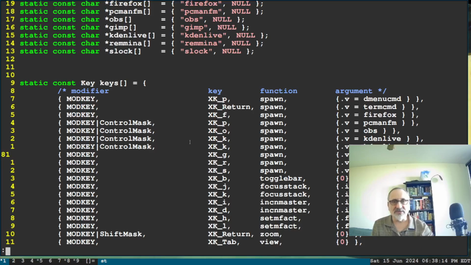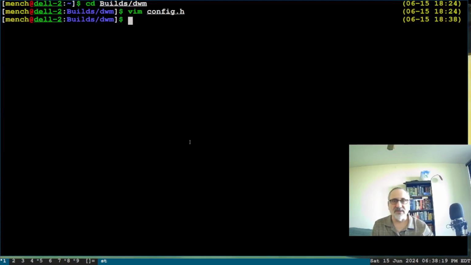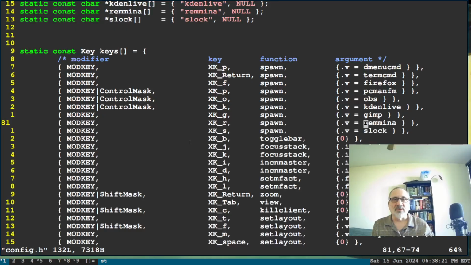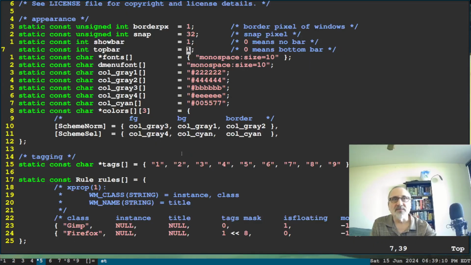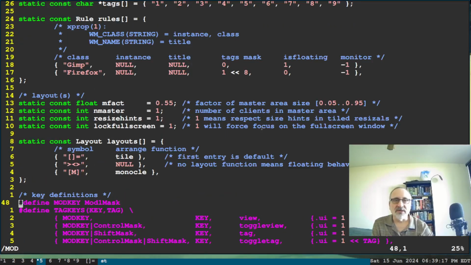Okay, now I'm going to just get out of there because I made changes to that file. I don't want them to stay in there. And let's go back in. So we go to, it's line 40. Well, I added lines, right? Let's go to the default. Let's type in mod. So here in the default, in line 48,